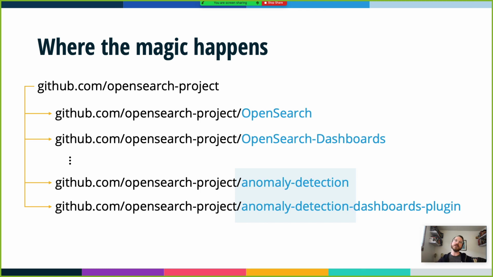So on the OpenSearch side, you have the things that are doing the indexing, that are storing the data, and providing the core parts of that functionality. So if anything happens there, it's going to live on one repo. In this case, it is not usually marked. So in this case, you have anomaly detection, which is one of the plugins. So if it doesn't have dash dashboard in it, or dash dashboards, excuse me, it's going to be the OpenSearch